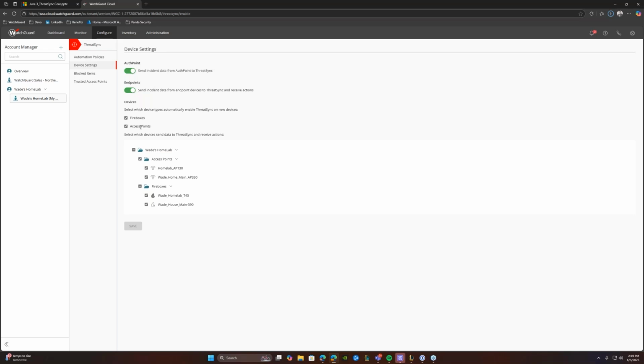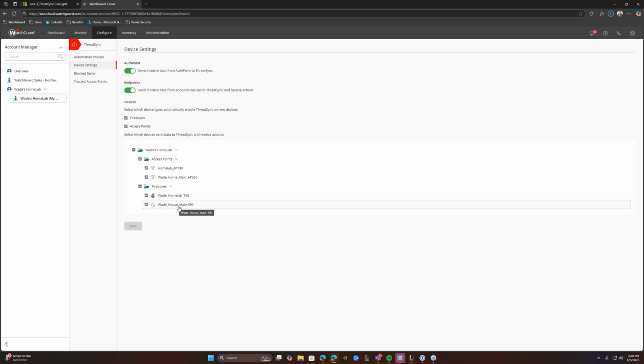Now, it does not matter if you're using the web UI or if you're using the System Manager, as long as you connect the Firebox to WatchGuard Cloud for visibility and reporting, which you absolutely can do since you have a locally managed Firebox, and you'll still manage it the exact same way. As soon as you do that, it will show up within the list. And a perfect example, my